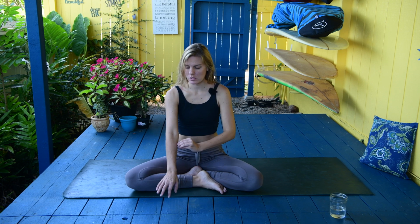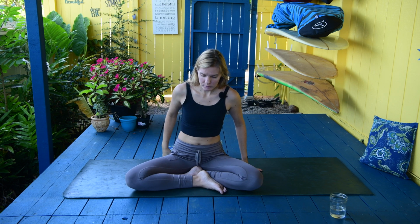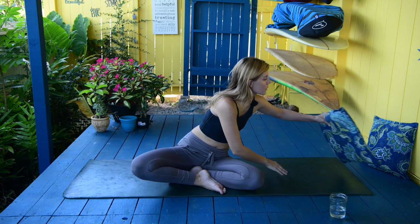Let's bring your shoulders back up to your ears, and then lower. And again, lift, lift, lift, and lower. Lift, lift, lift, and lower. So now we're going to focus on more twists to help our digestive system. So we can take the pillow off of our butt